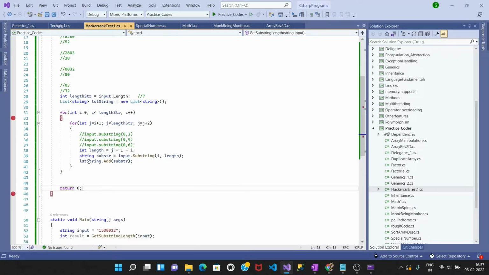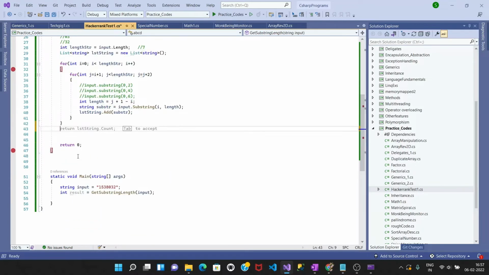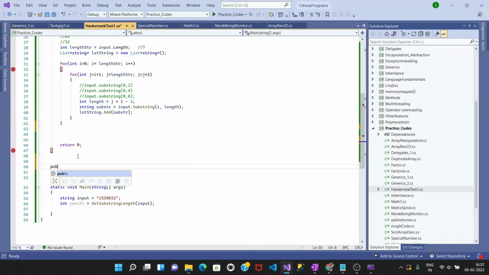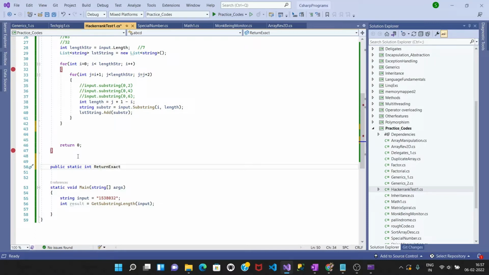So now we have the list of strings. Okay, so now what we can do here is we'll be calling... So let's do one thing. Let's declare one more method, so we'll be doing all those logic checks. So public static int... return. Let's take this exact substring